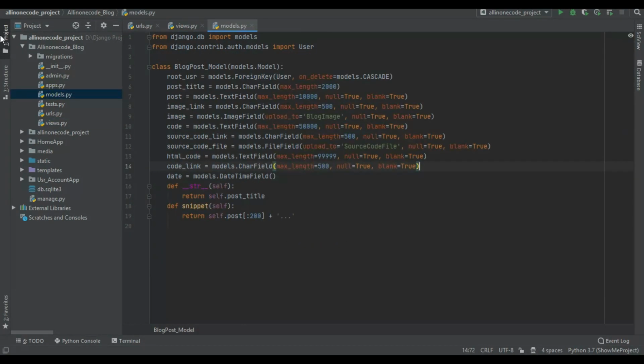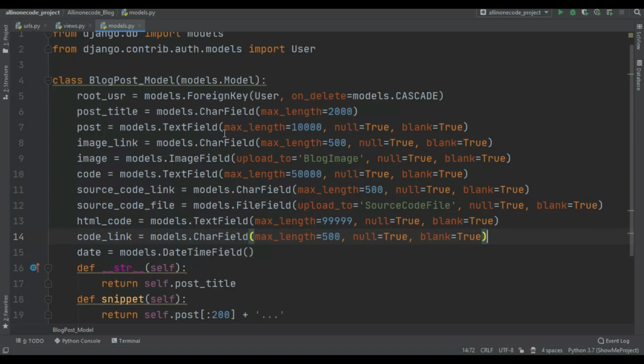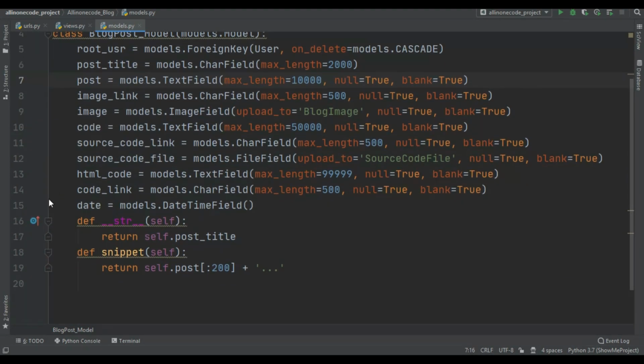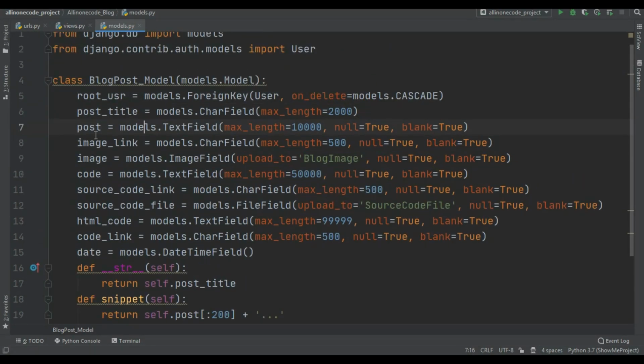Obviously the first is the root user, which means the user whose data you want to store. I use the post title, post image link, image code, source code link, source code file, HTML code, code link and date. If you don't want all this, you can just add the HTML code, date, root user and post title only.